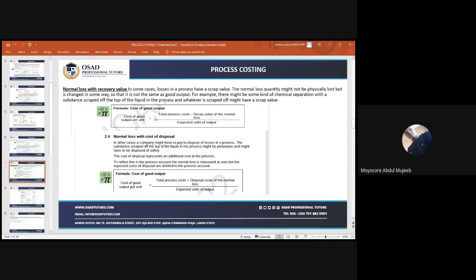For you to get the total amount of good output, say I input 100 units of an item into a machine, and at the end of the day the machine is giving me 90 units. That means I have a loss of 10 units. Am I right? I have a loss of 10 units. Now, I want to calculate how much is the cost of good output per unit. All I need is the total processing cost. How much did I incur in processing that